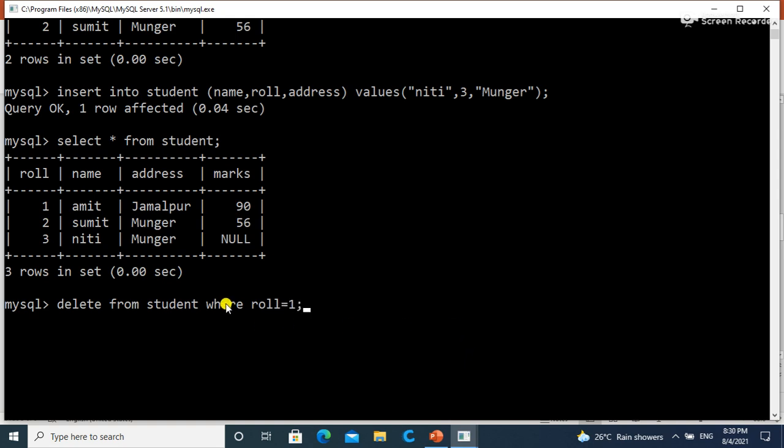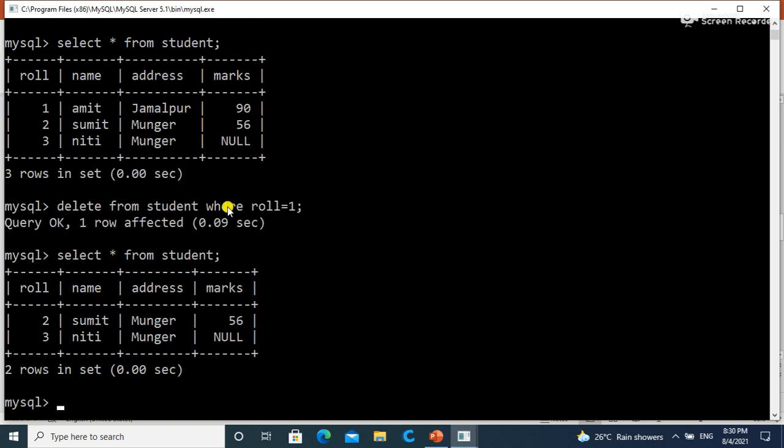It means whose roll number is 1, then SQL deletes the whole row or whole record for roll number 1. Check the record by using select command, and here you can see the first row, the value of roll number 1, has been deleted.